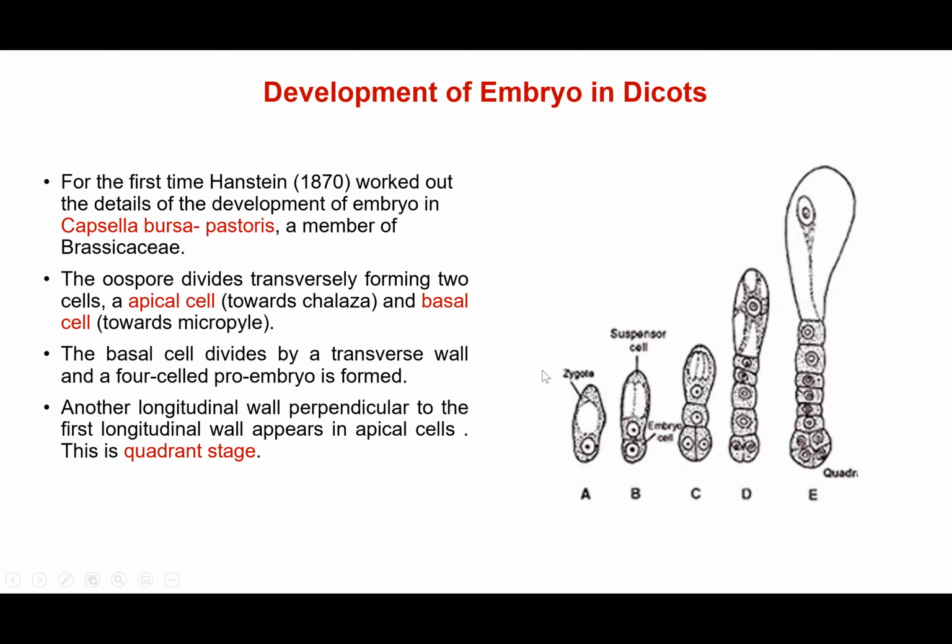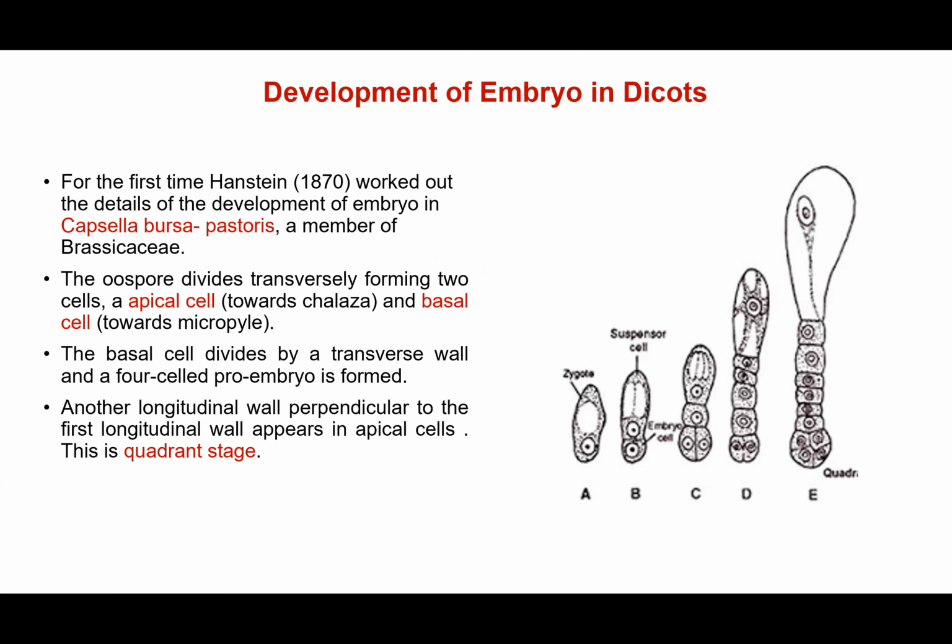Okay, so yesterday we saw how fertilization, that is double fertilization or triple fusion, happens in angiosperms. And we saw that at the end of double fertilization, we have the formation of a diploid zygote and a triploid primary endosperm nucleus. This zygote will undergo divisions to form the embryo. This primary endosperm nucleus will undergo divisions to form a triploid endosperm. So today we will see from the zygote how the development of the embryo happens in dicots and in monocots. First, let's look at the development of the embryo in dicots.